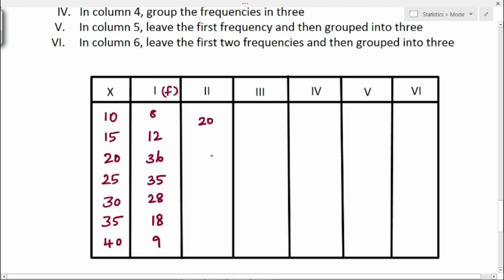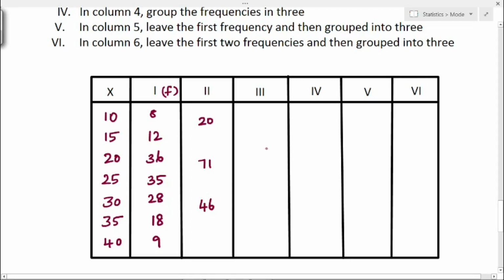If you add, you will get 71. We write it in the middle of these 2. Next we add 28 and 18. If you add, you will get 46. We write that in the middle of these 2 values. So in the second column we add the frequency values in groups of 2.